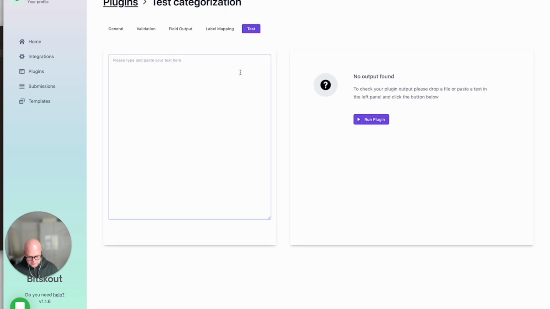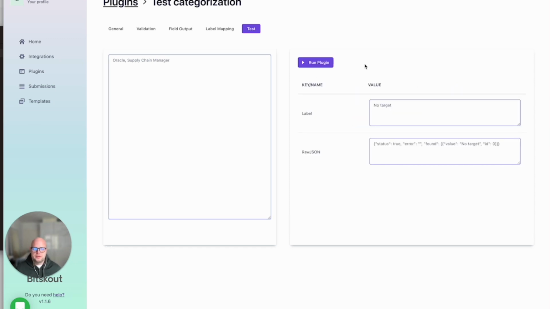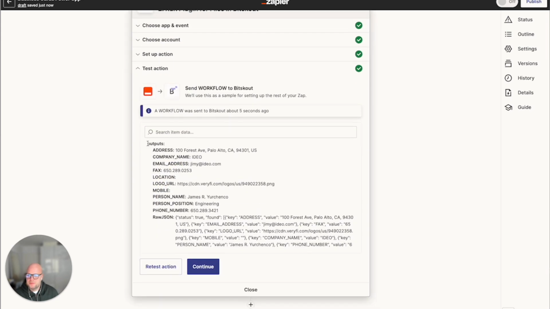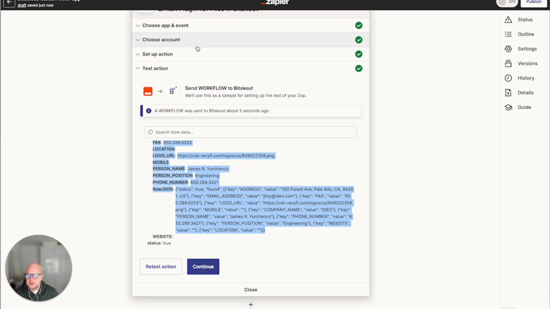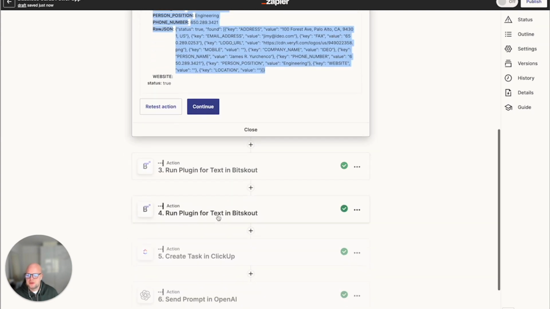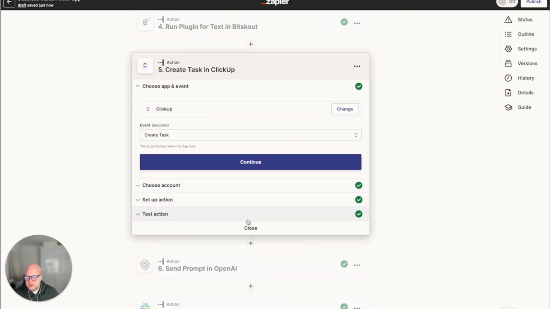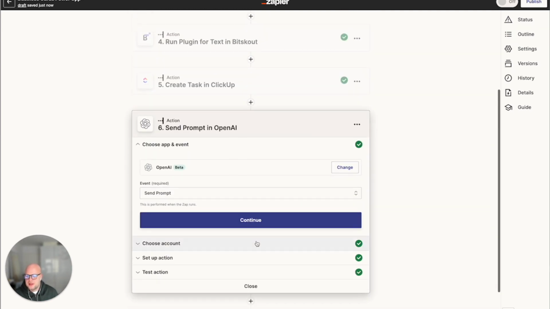Let's test it. Let's say Oracle supply chain manager, and this is one of the ways to classify the lead. So this is not a target for us. Okay, so this is the information from a business card, and what we're gonna do is then we're gonna do some categorization. And the last step is creating a task in ClickUp, and then importantly sending a prompt to